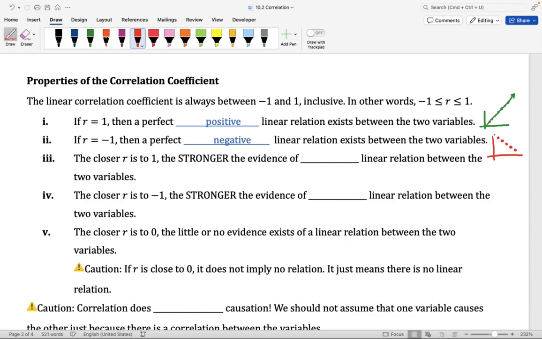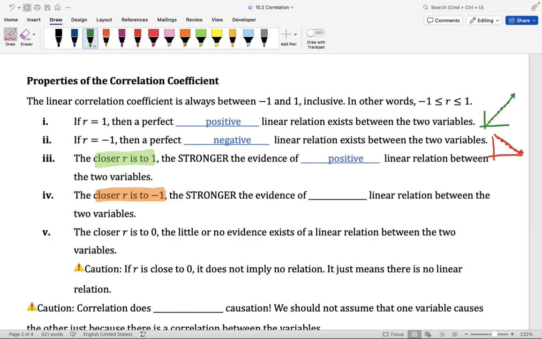If we go ahead and use technology to find the regression model for this scatter plot, we're going to see that the regression model is going to be touching all the points on the scatter plot. Again, in real life, it would be really rare to see such a relationship. Now, in real life, you might have a correlation coefficient that is somewhat closer to 1 or closer to -1. The closer R is to 1, the stronger the evidence for a positive linear relationship between the two variables.